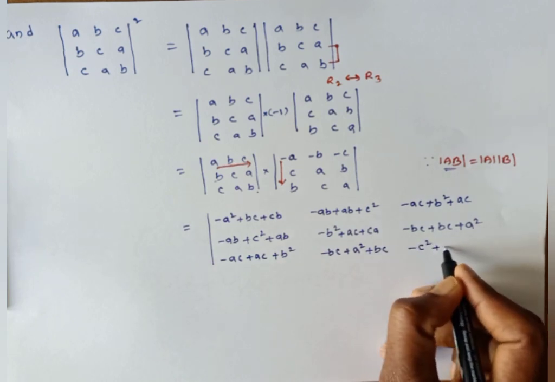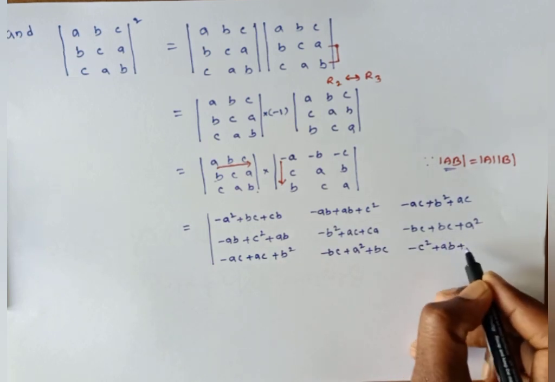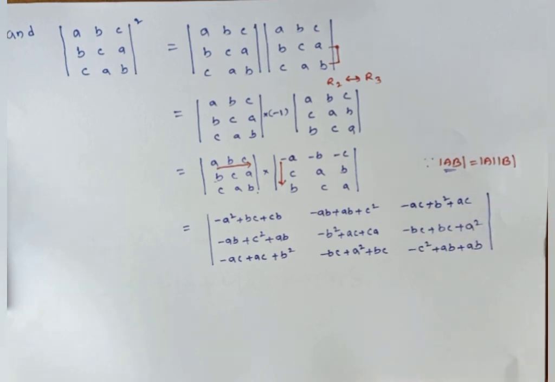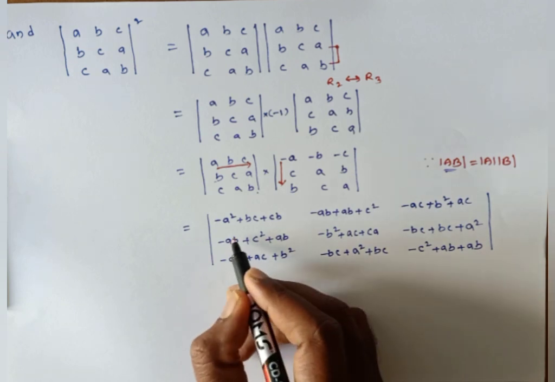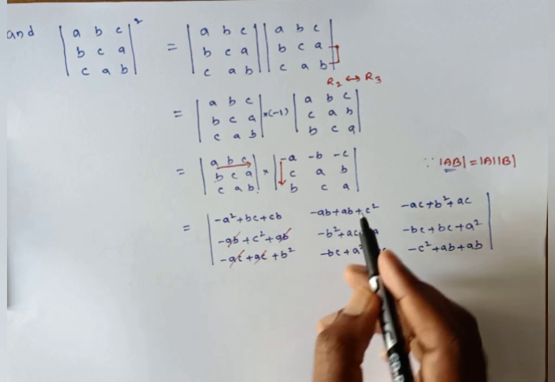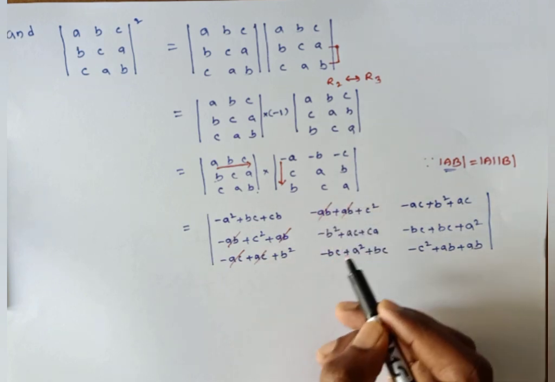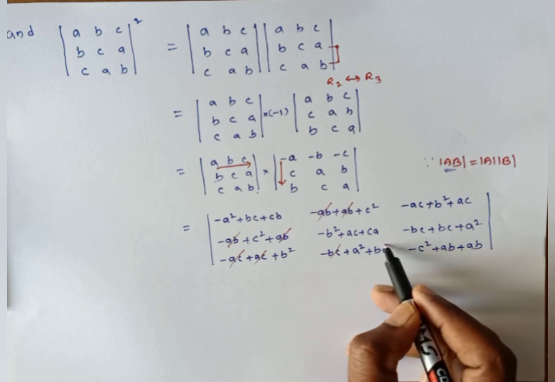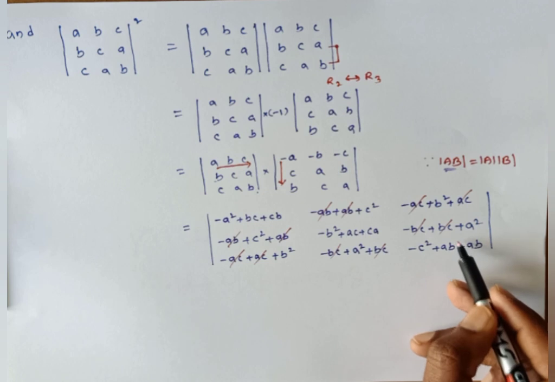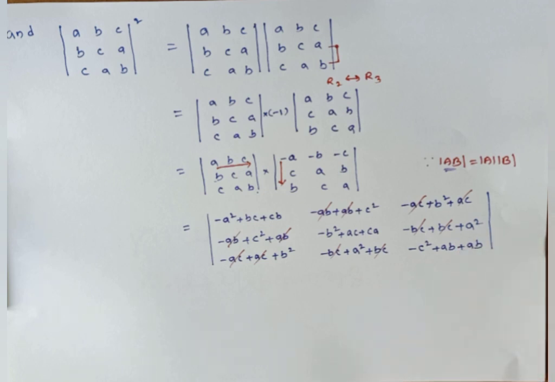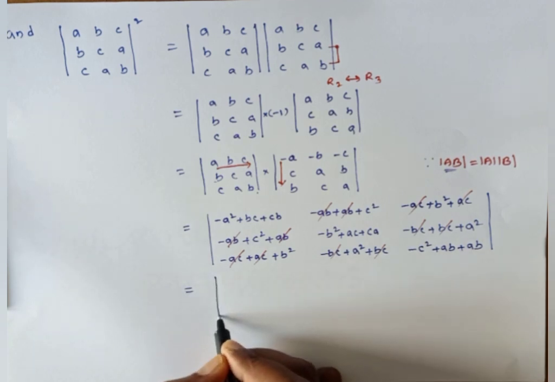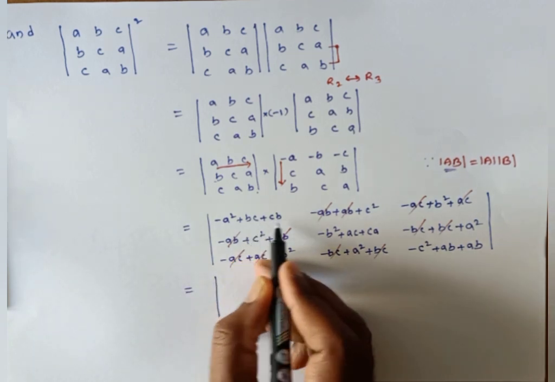-C square plus AB plus AB. So this is our resultant. Now you can observe -AB plus AB, -AC plus AC, -AB plus AB and -BC plus BC, here -AC plus AC, -BC plus BC, and that's it. Now write down the determinant as it is, that is BC plus CB means 2BC